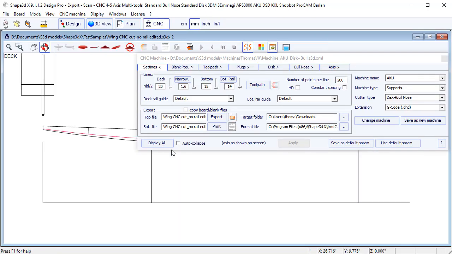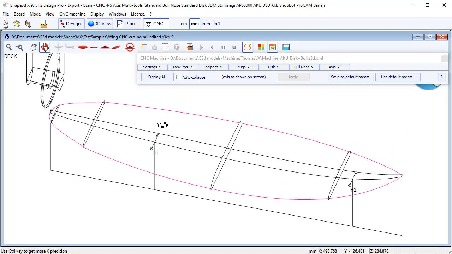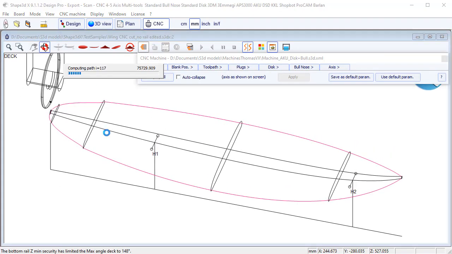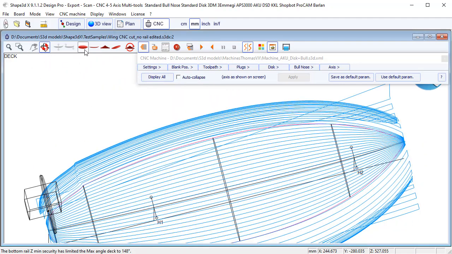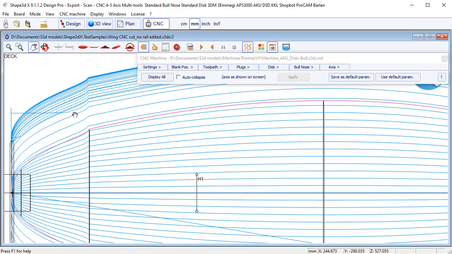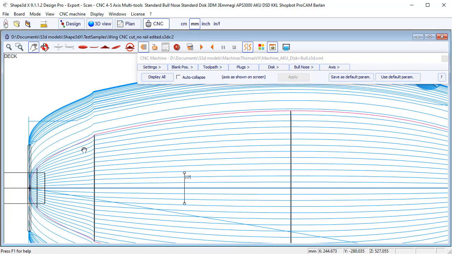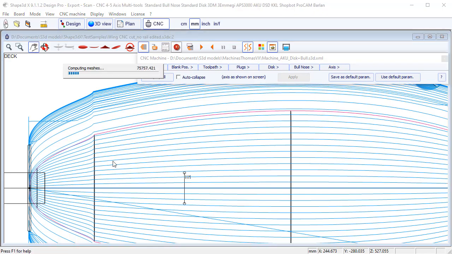And so now if I go to the CNC mode, then when you cut that kind of board with wings, you have the toolpath that follows the outline, which means that the kinks will spread all over the deck, even though it's very smooth. And the result is a smooth deck, but still your machine will do all these kinks at each pass, which usually means that it will cut slower, and the result is not as clean. If you look at the finished preview here,